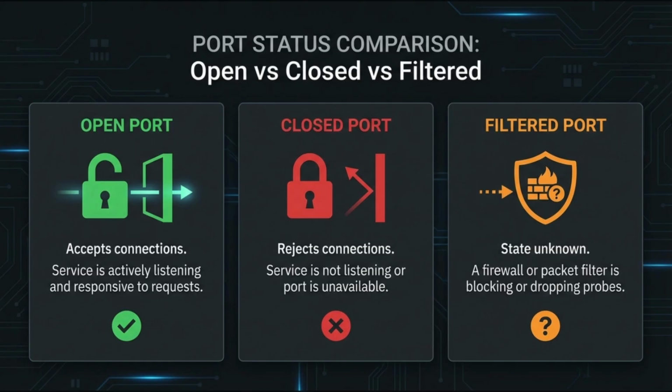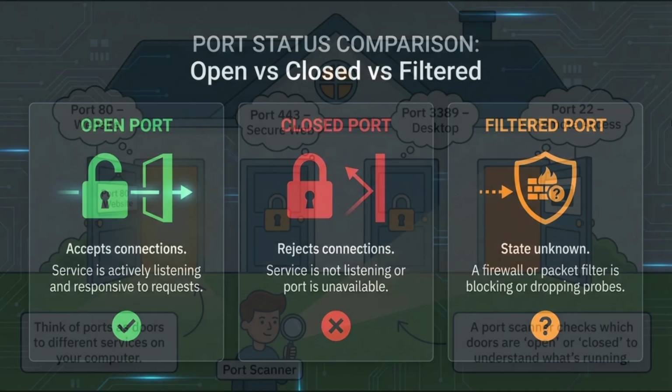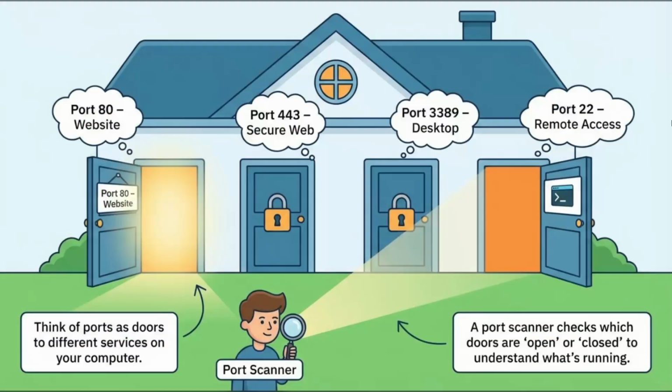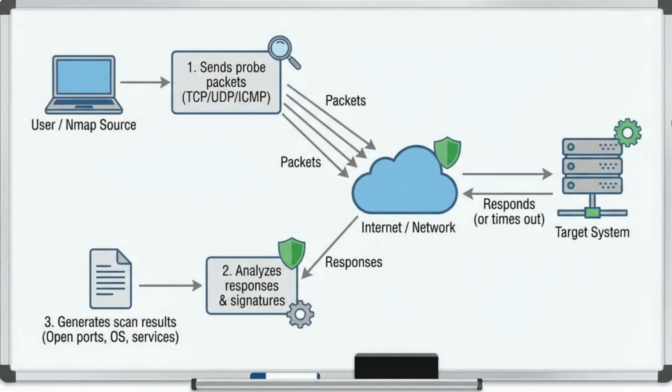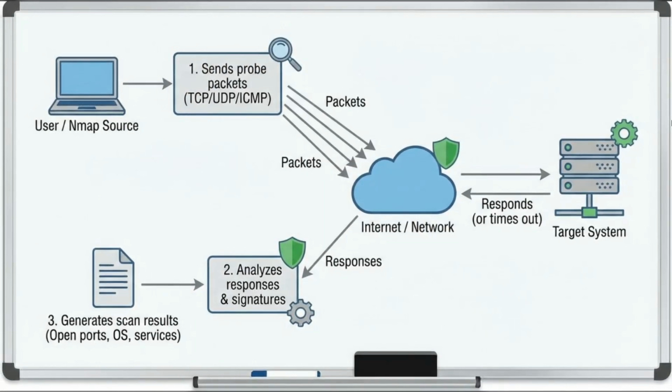So in a real penetration test, what comes first? Reconnaissance. Before exploiting anything, before using fancy tools, before running attacks, you scan. Nmap is usually step one. So no scanning, no hacking. Correct. Skipping scanning is like trying to open a lock blindfolded.